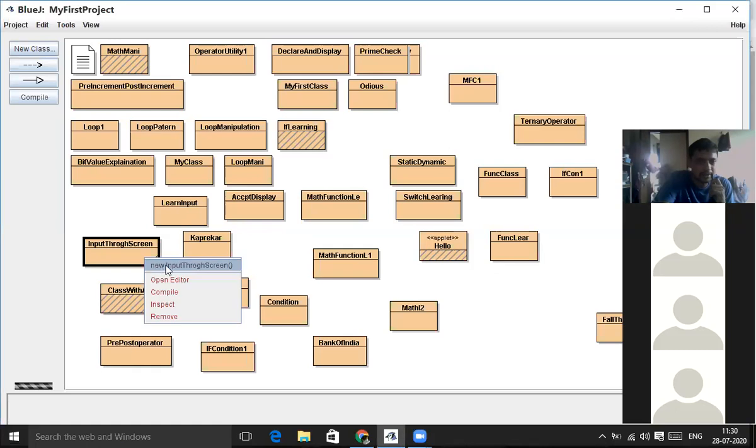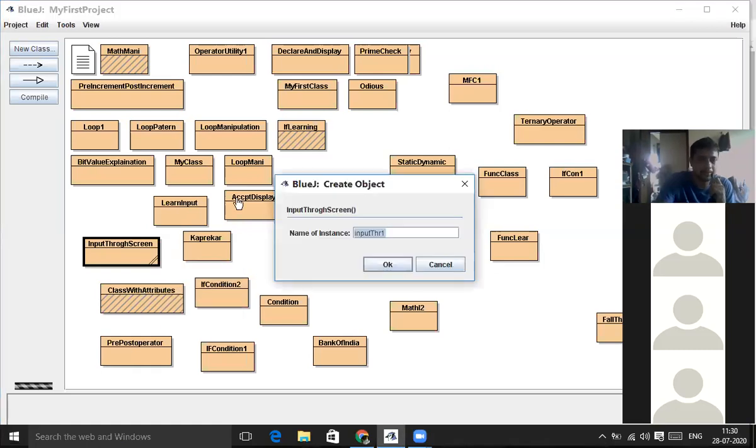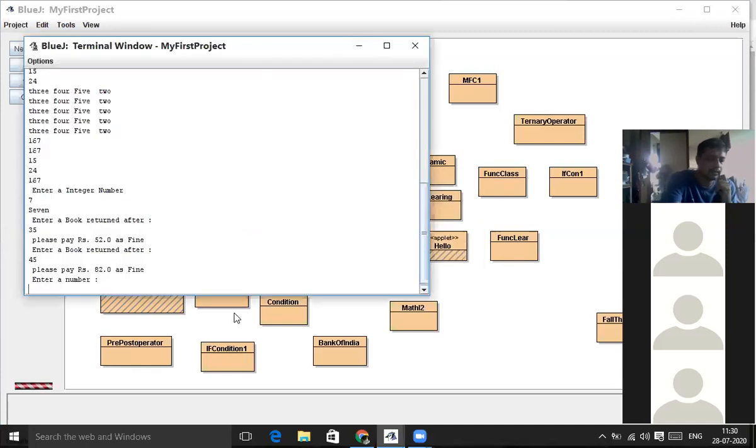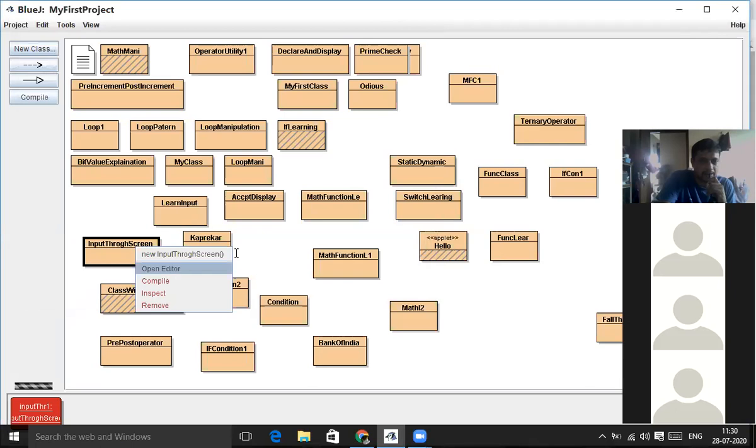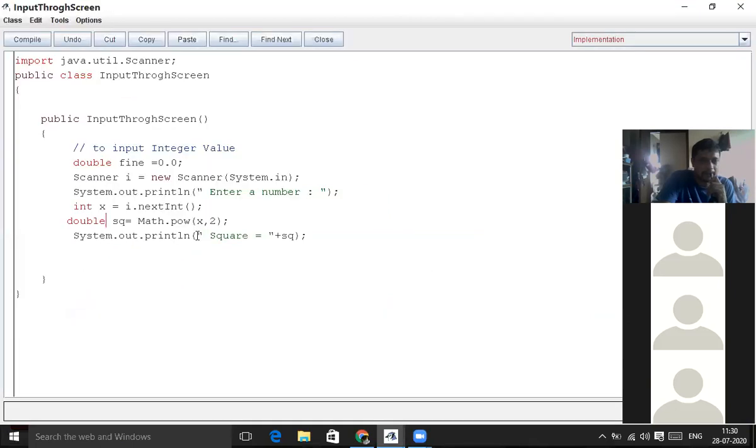So let's see, we are going through that particular program, and the output we'll see on the screen. Enter a number. So which number's square do you want? Say I want the square of 14. What is the square of 14? That is going to reflect as 196. 14 square is 196. Everybody can see that 14 square is 196. I have called the math function over here, and that math function name is the power function, and that power function is helping me to get the power, and power is what the square value is, it is giving.